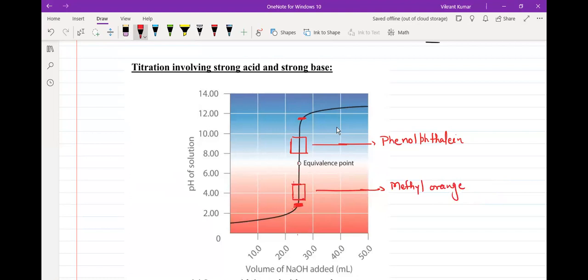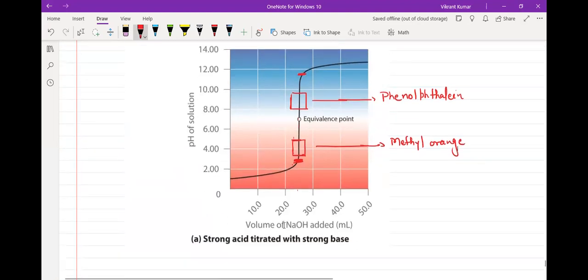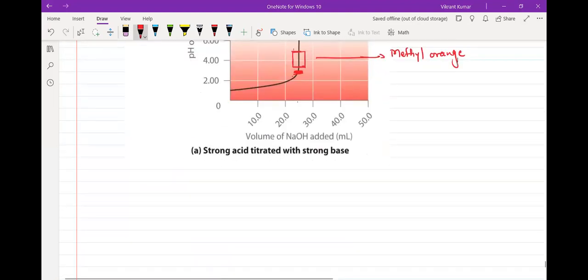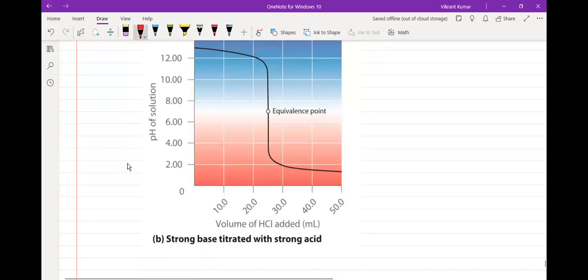ओके, ये काम उल्टा भी हो सकता है, मैं स्ट्रॉन्ग बेस का टाइट्रेशन स्ट्रॉन्ग एसिड के साथ करूं। If you just see the diagram, वो कैसा टाइट्रेशन का डायग्राम आएगा, you'll be observing it like this. इस बार ऊपर से ग्राफ नीचे आएगा, but still that sharp change in pH को ऑब्जर्व कर सकते हो। You have that range of phenolphthalein here, which is lying in this sharp change in pH within 2 drops, है ना। Within 2 drops we can observe this sharp change in pH, and if you see ये मिथाइल ऑरेंज वाला पार्ट भी इधर ही कहीं लाई कर रहा है ना। So phenolphthalein is also lying in this range,